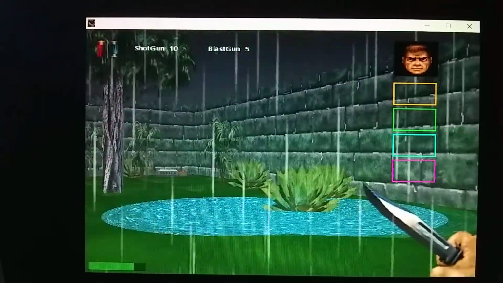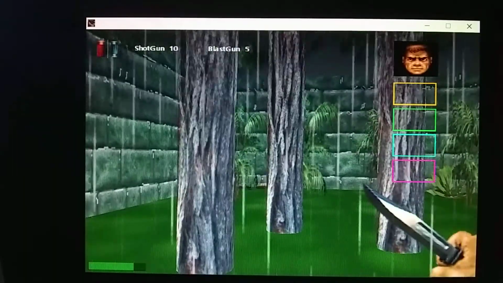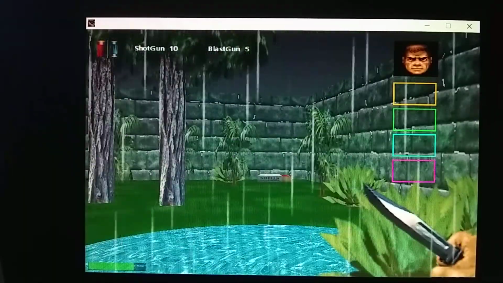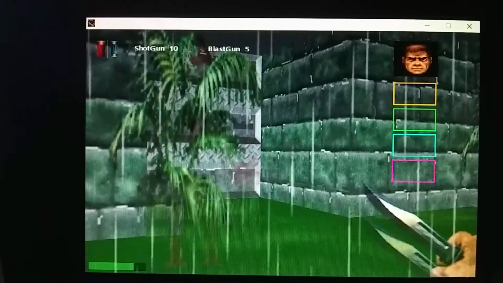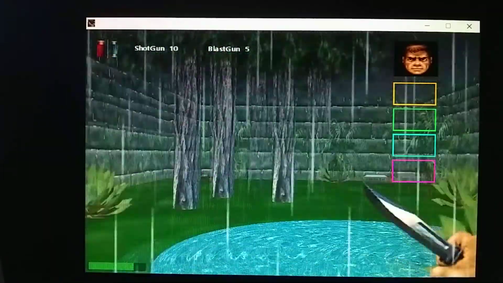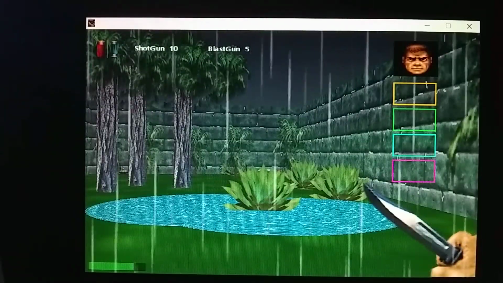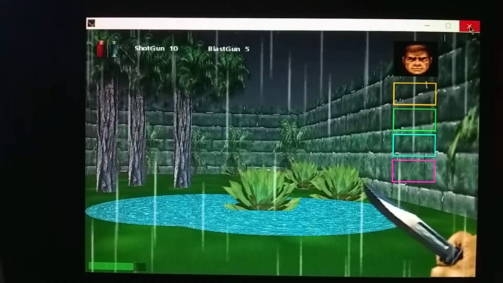Okay, so I'm going to talk about the pool there. I'm going to talk about this animated rain. I'm going to talk about that tree right there. And I'm going to talk about the table and the spikes. And the sky, of course. Alright, so